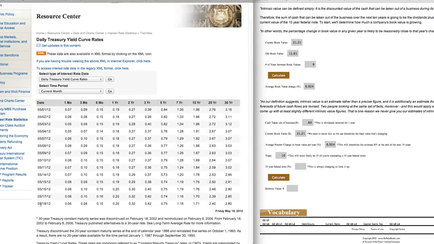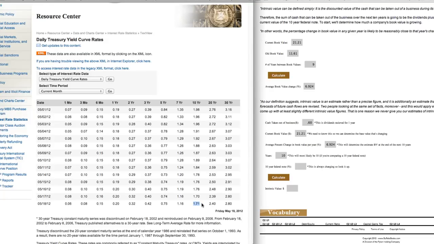And so we're looking at the 18th of May, 2012, and you'll just come over on the chart until you see the 10-year mark. And you can see it's 1.71% for the 10-year federal note. When you go up to a 30-year bond, it's 2.8. But the one that we're going to be comparing, and the one that we're always going to be using for our intrinsic value calculation, is this rate right here.